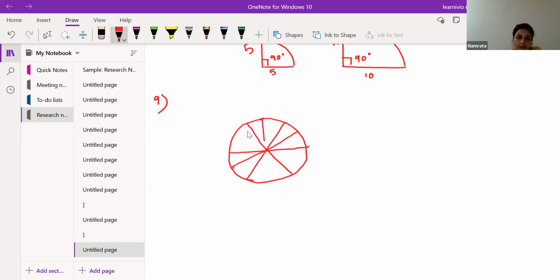This type of figure is already given in your book. It says that a brooch is made with silver wire in the form of a circle with diameter 35 millimeter. So diameter is given as 35 millimeter. The wire is also used in making 5 diameters. As we can see, 5 diameters are there. When you draw a chord passing through the center of the circle, that's the diameter, right? So here AB is the diameter, CD is the diameter,